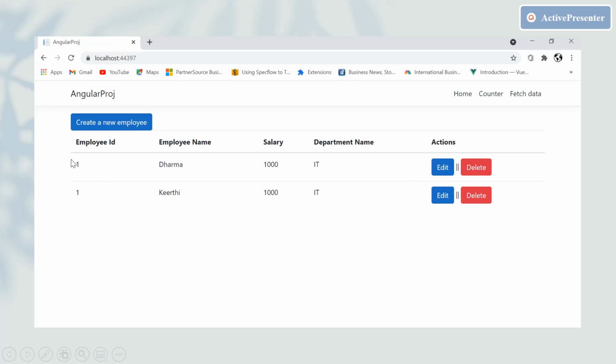We are already aware of the get endpoint, which returns the list of existing employees' information. We'll add the UI design capabilities in the next upcoming video.